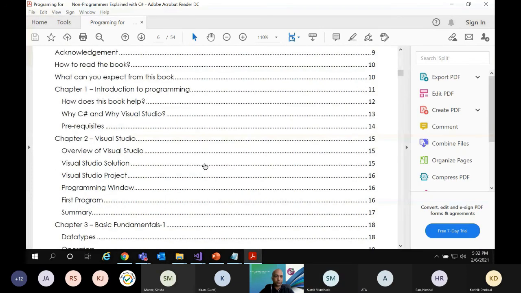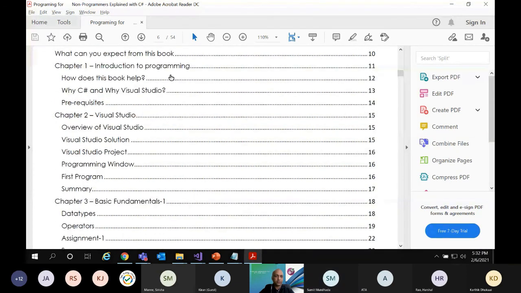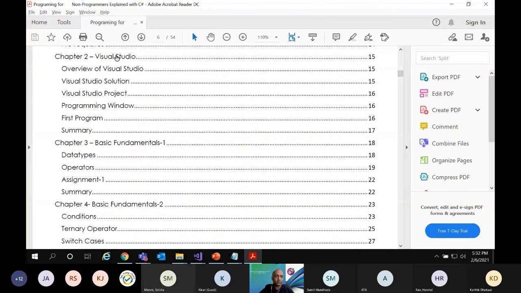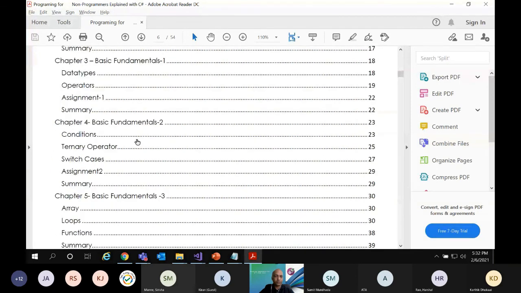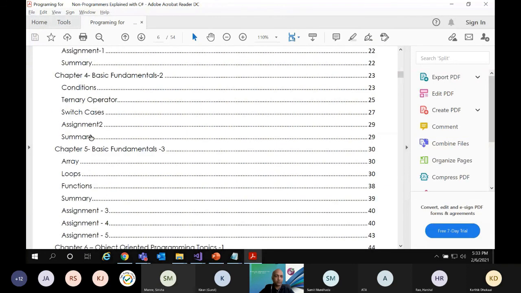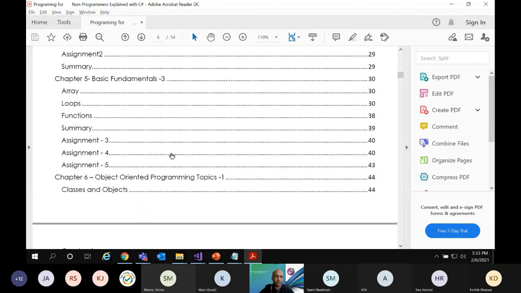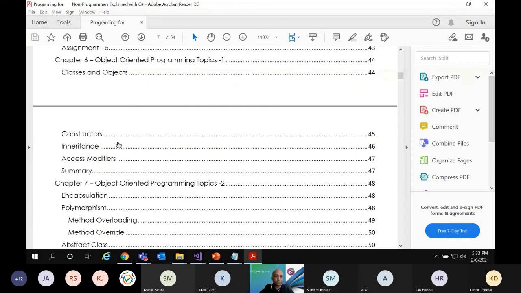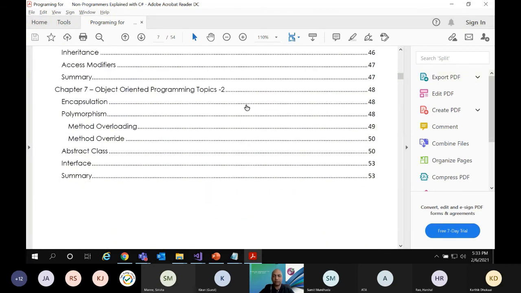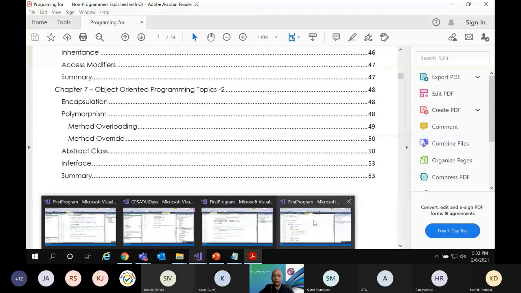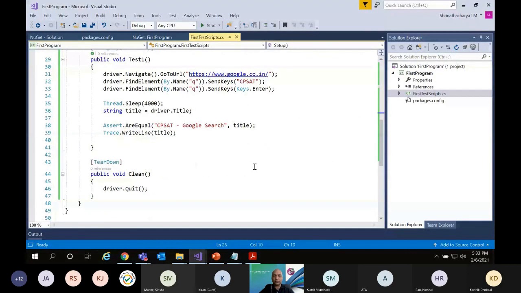It has seven chapters explaining why programming, then how we see it in Visual Studio, then basic fundamentals and foundation, covering switch operations, arrays, loops, functions, then classes, objects, inheritance, and access modifiers. The moment they cover this, they should be able to start working with the automation stuff. So that was the intention behind it.